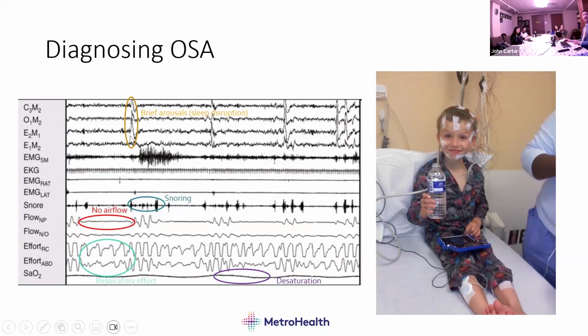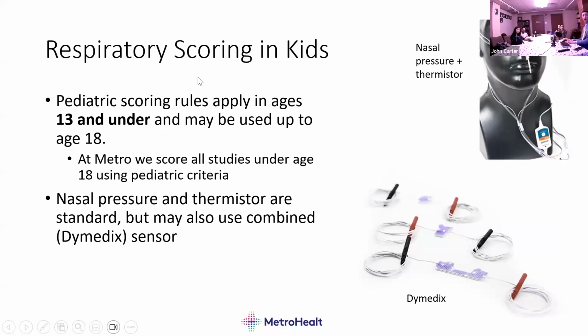Also, this results in a very jittery disruption in sleep, and arousal. You can see that by the sudden change in the EEG tone, followed by a large increase in the chin EMG, which is an analog of your skeletal resting muscle tone, followed by a return to sleep, followed by more respiratory events. Okay, all right.